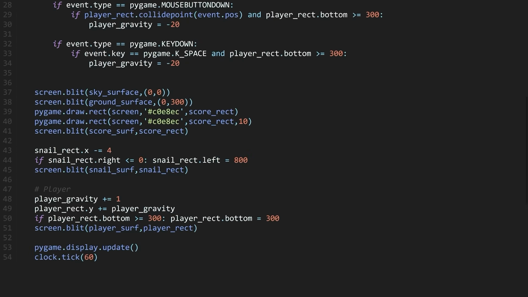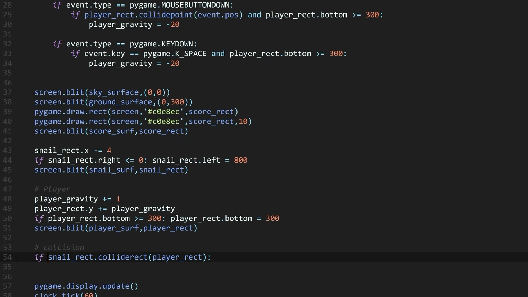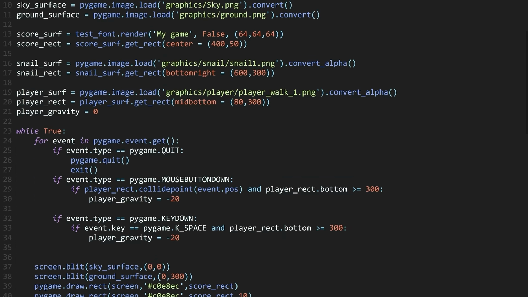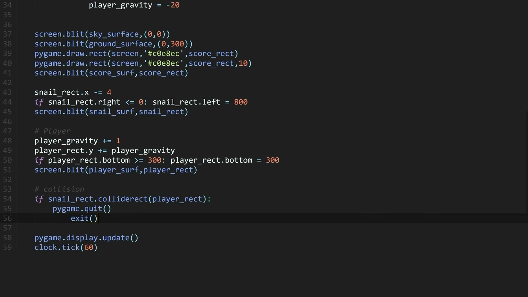So here I'm back in the code, and again, somewhere in our game loop, I want to implement a function that ends the game if our player touches a snail. And let me add a comment first. So we have collisions here. And all I want to check for now is if our snail rectangle is collide rect with the player rectangle. And this has to be an if statement, of course. And if that is the case, for now, I just want to end the game. So I just copy those two lines,